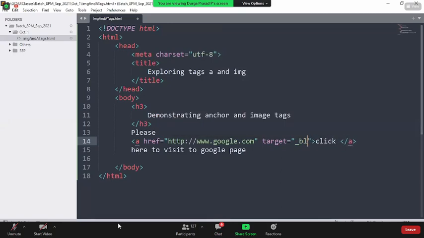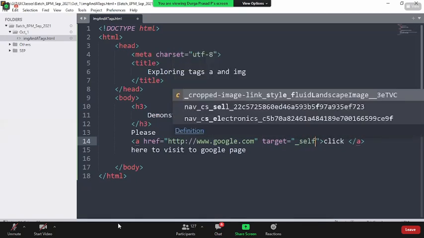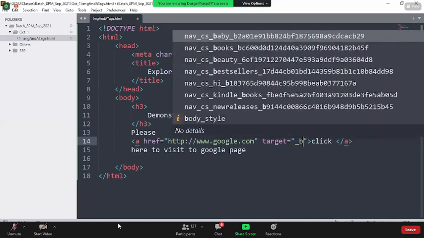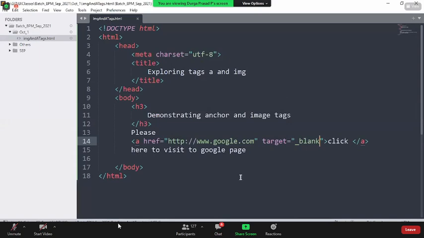By default it is self, which indicates that it replaces the existing page. But my intention is a blank page. What do I mean by this? Any time the user clicks on this link, you make sure the web page opens in a new blank tab.